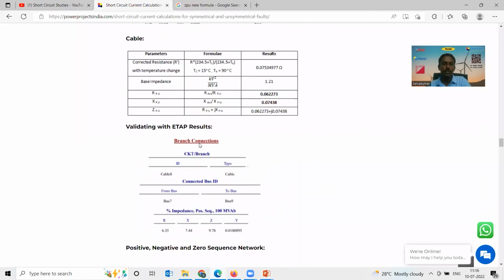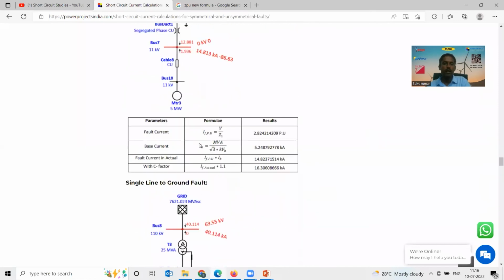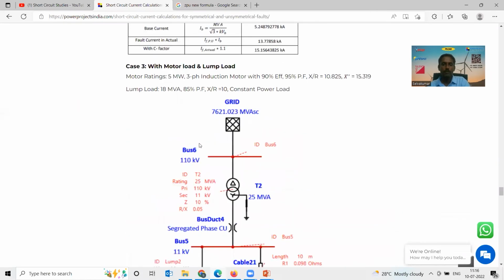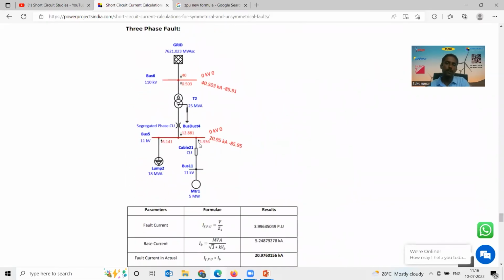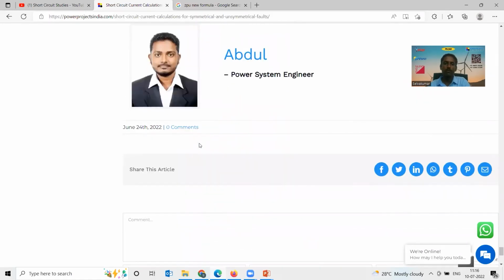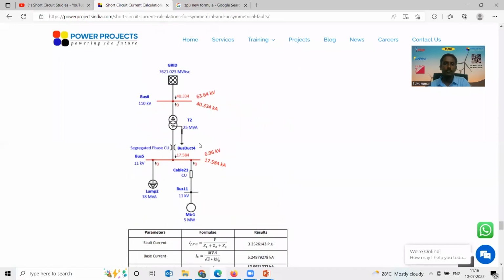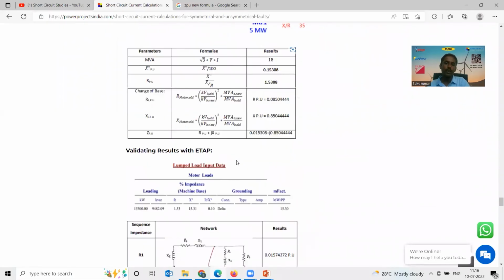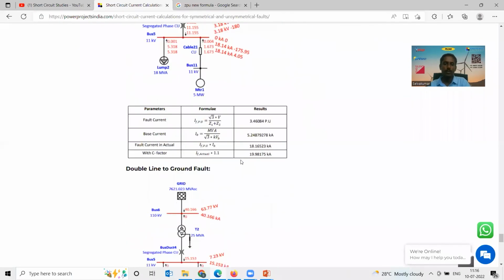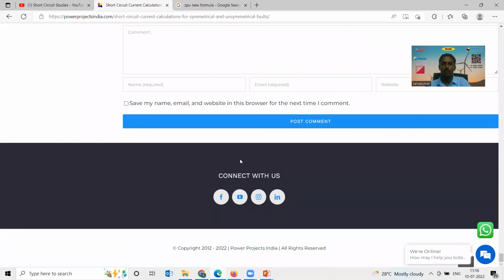So what's the impact of the cable, what's the impact of the motor, all those things which we have validated. Never ever miss this block. Of course, it's probably a time-consuming block to go through, but ensure that you're going through this. And if you have any comments, feel free to post them at the bottom, and we will take